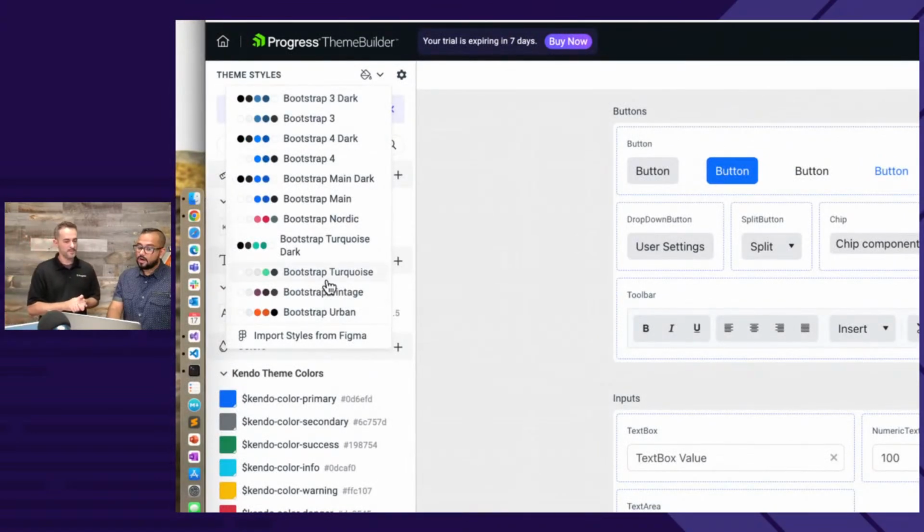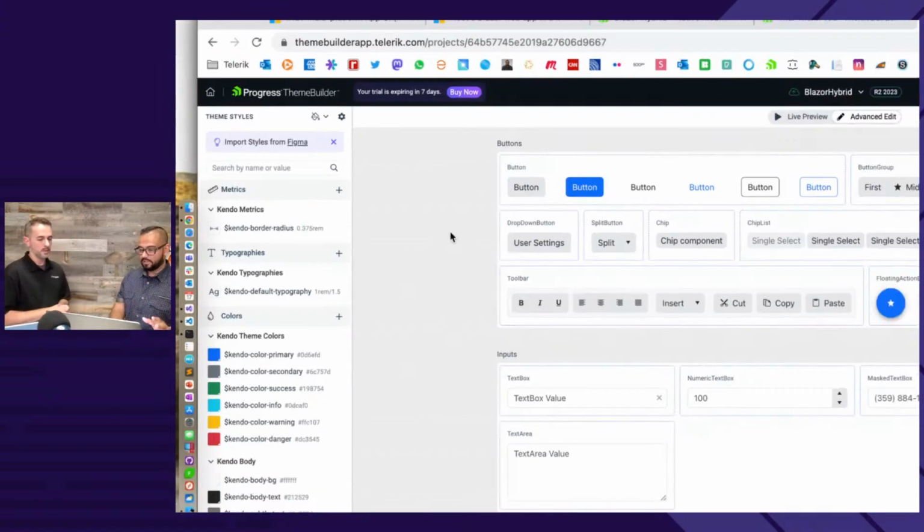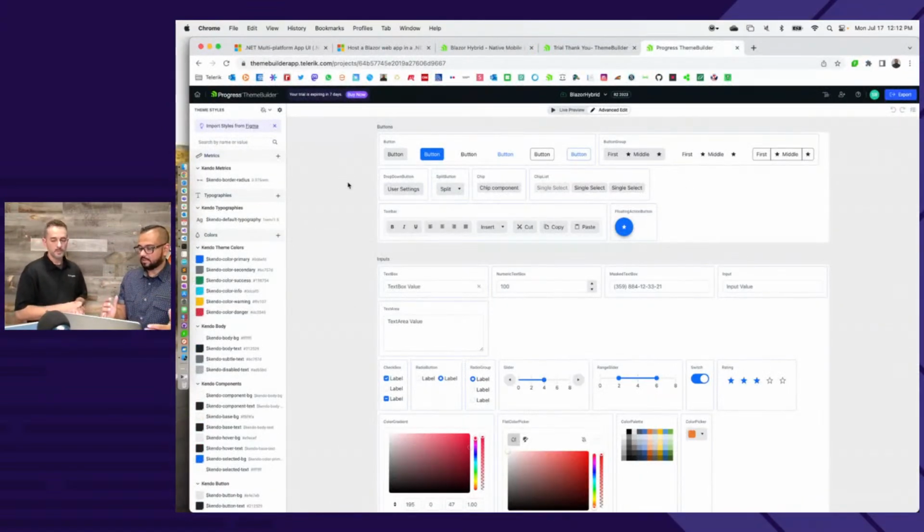Oh, and we've never mentioned Figma. So for folks who are doing serious design work, it's behind that menu there, at the bottom of it, and you import styles from Figma. So if you have designers who are working with your web apps or now native mobile or desktop apps in Figma, bring those designs into Theme Builder, and then once you're happy, once you're done, and it's not like a once and done thing, but it's your starting point. You can go back and edit more of this.